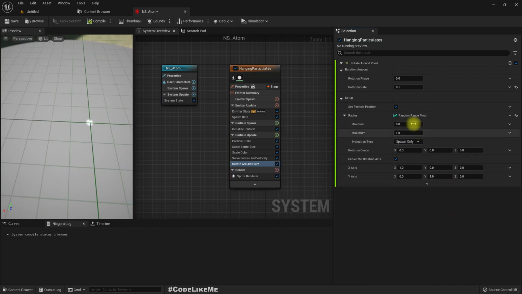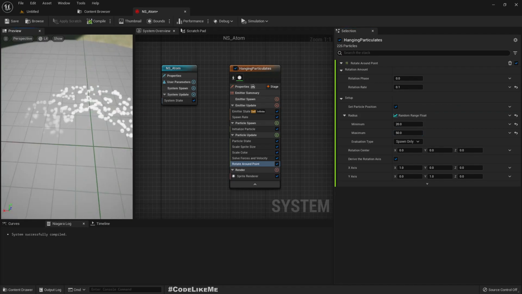Random range float. Minimum would be, I don't know, 30. Max maybe 20. Maximum how about 50. Okay,